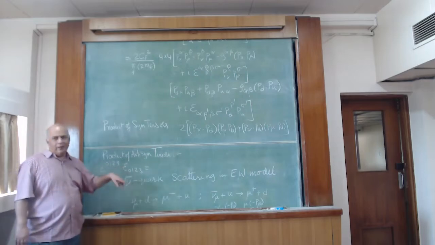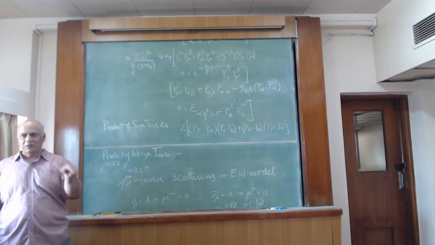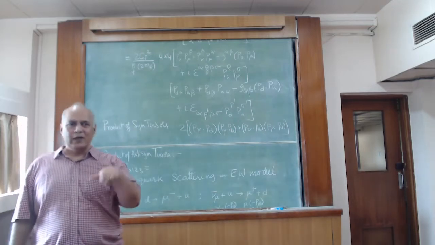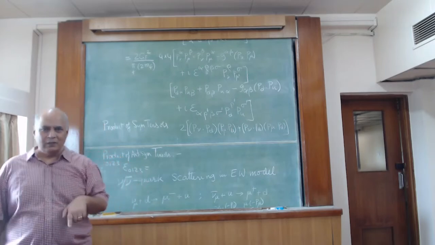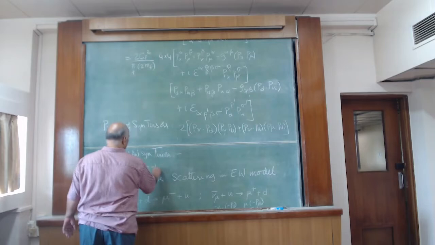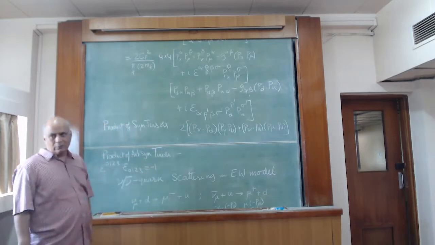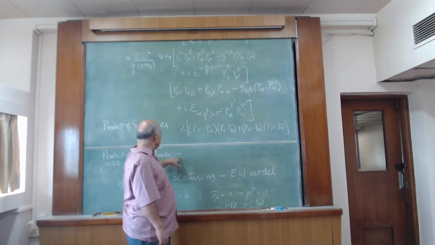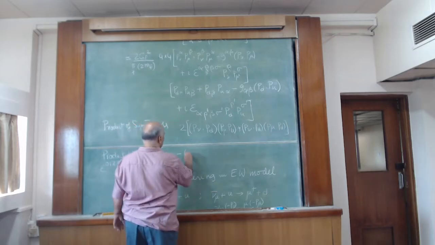But lowering the 1 index, I use g11, which is minus 1. Lowering the 2 index, that is minus 1. Lowering the 3 index, that is minus 1. So this product is minus 1. So I times I is giving me 1, and